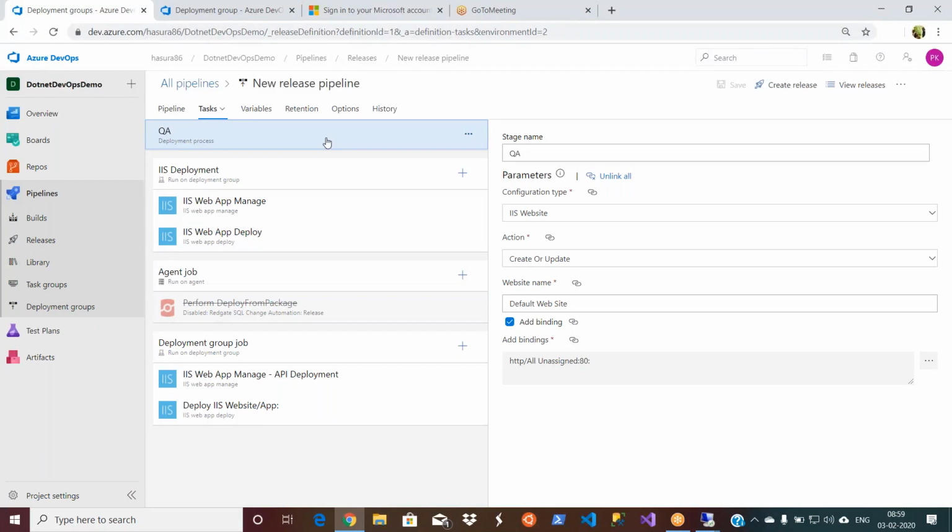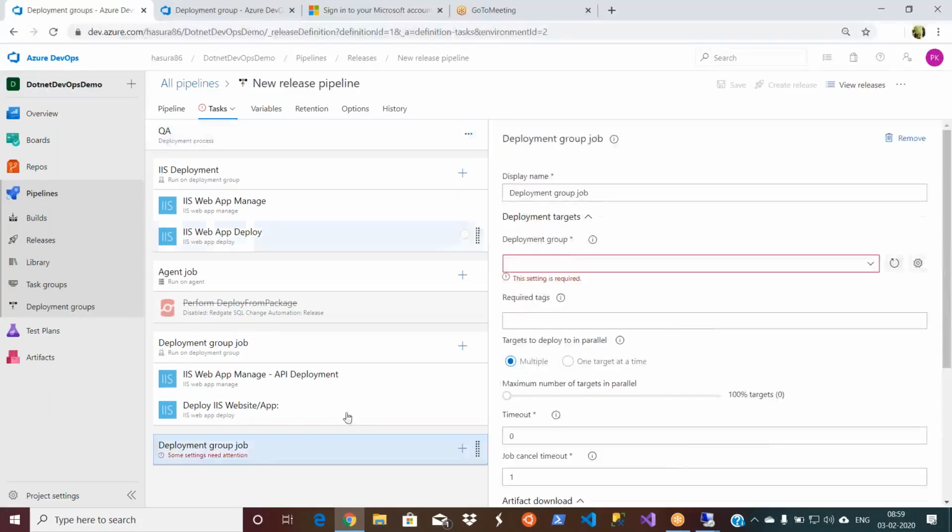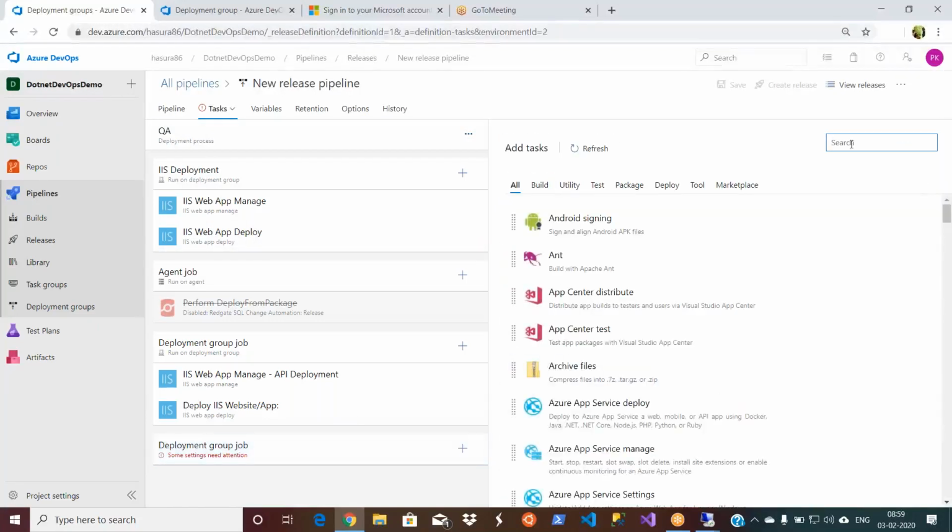Probably this is not an IIS deployment, because on Linux it may not be IIS. It will be different. So instead of creating an IIS deployment group, you can go ahead and create a deployment group, because we are using deployment groups, but go ahead and use some other way.